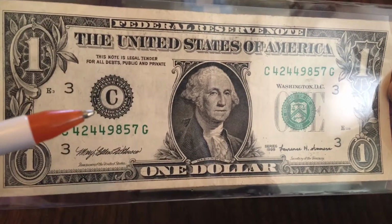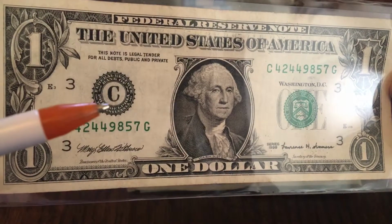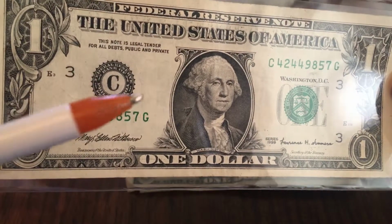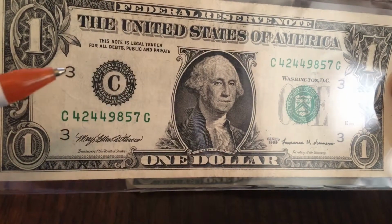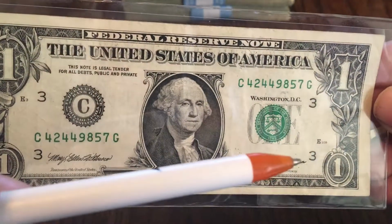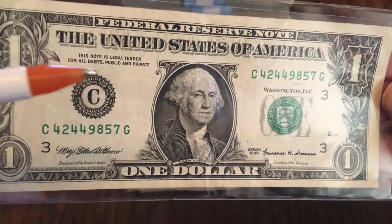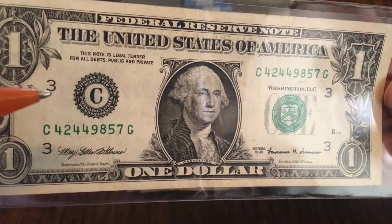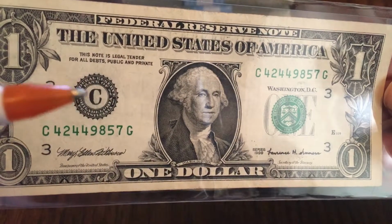And you can see this note is a C, so this note's from Philadelphia. By this note being a C note, there's another little security thing that's built in here. C is the third letter of the alphabet, so that means they also print a 3 here, here, here, and here on the bill, designating that this bill was printed in Philadelphia. Okay, so these 3s were all printed at the same time on the third